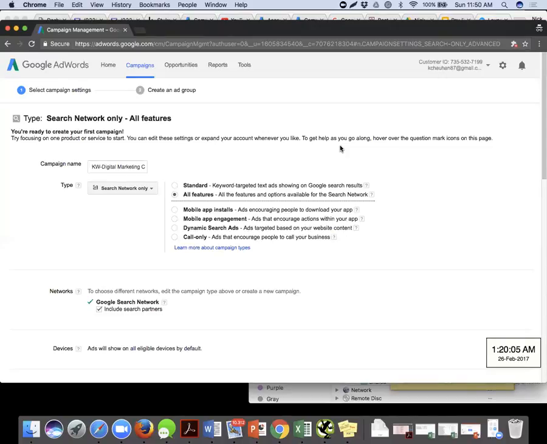If you want your ads to be shown not only on the Google search engine results, but also on other products owned by Google, such as Google Drive, Google Mail, Google Maps, and many others, then you can select Google Search Network. I hope the differentiation between Google Display Network and Search Network is clear.